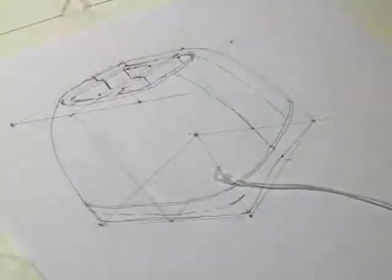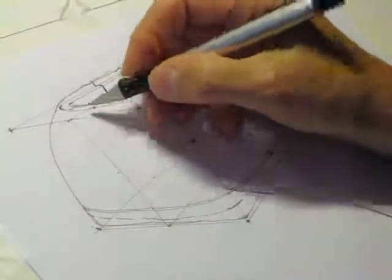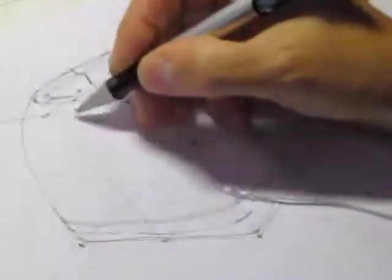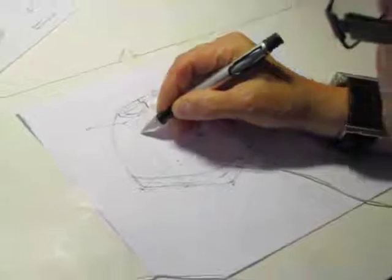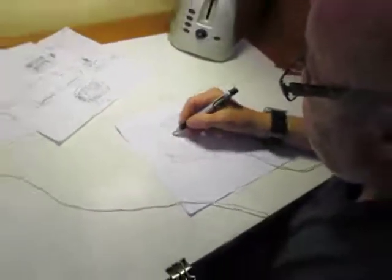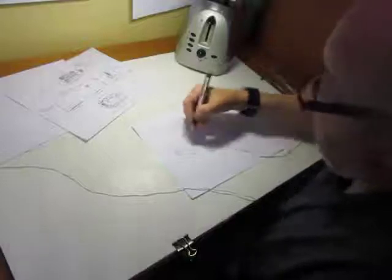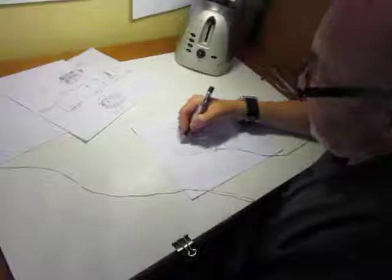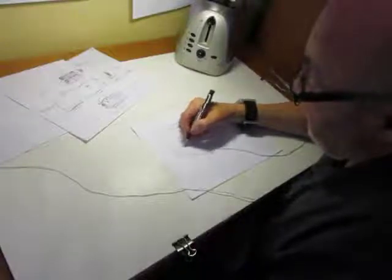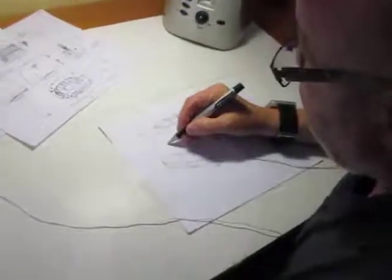Let's look at the front of this toaster. Now remember the center line and the center line here. So I'm just going to draw a very small center line to show you this mechanism quickly. Okay? And this comes out like this. And then you go down here. I'm doing this lightly, and remember everything is symmetrical around the center line. So what you have here is I'm putting in the front of the toaster,